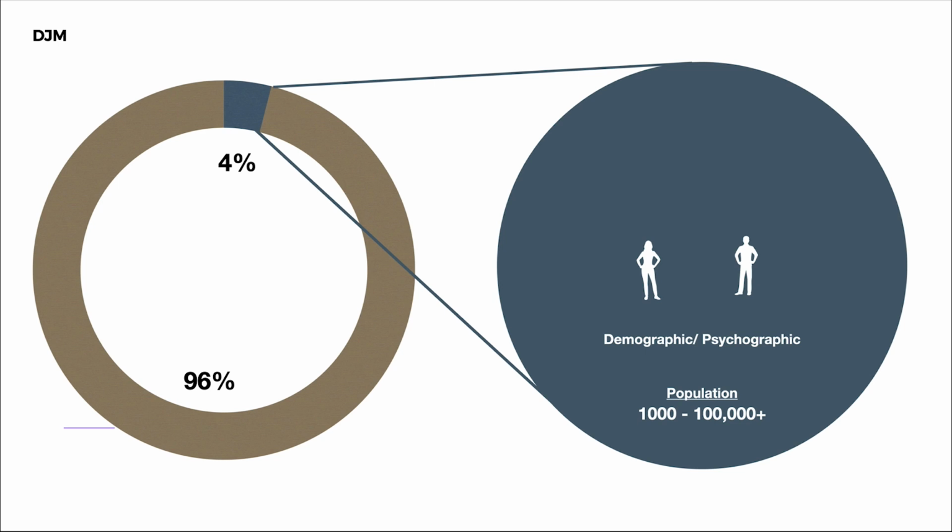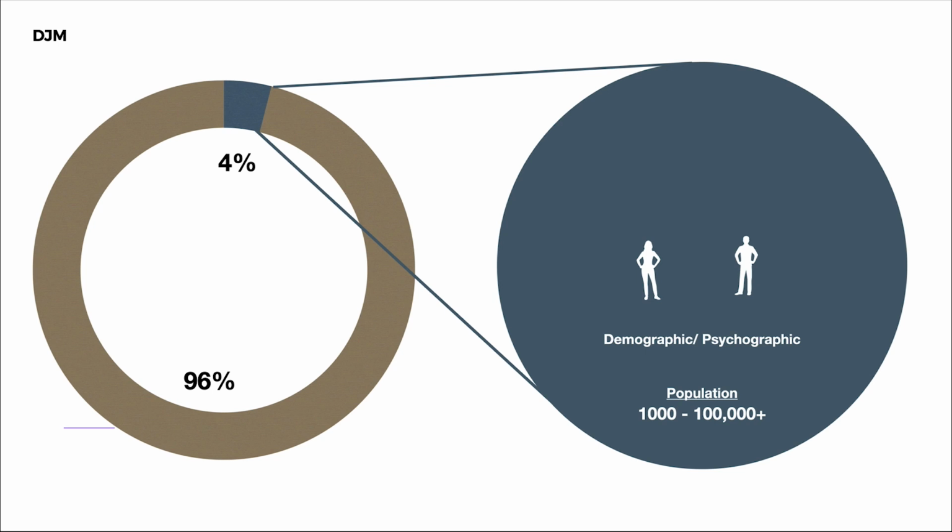And the population, even if it's just 3 or 4 people that you have, could be anywhere from 1,000 people to 100,000 plus who are just like that 4% that you currently serve. So we do this all the time with my clients, and they have points of sale and the ability to look back at their records. And we can very clearly see that 80-20 and 80-20 squared is very accurate for their business